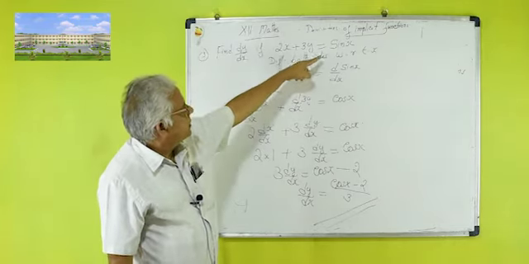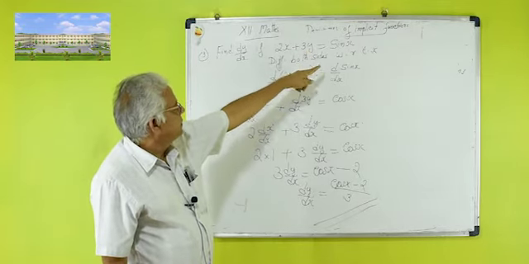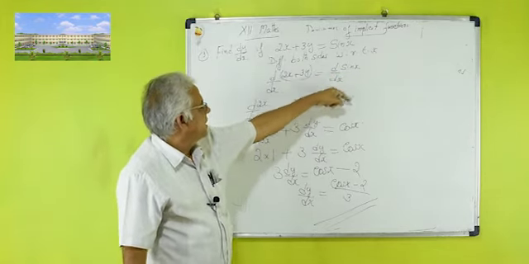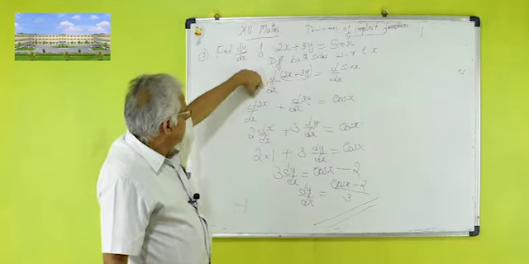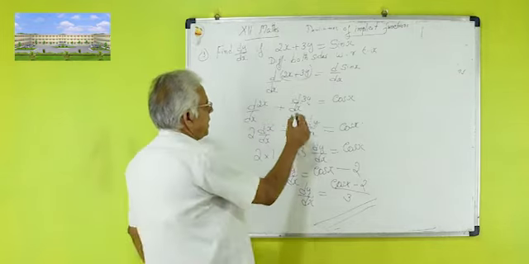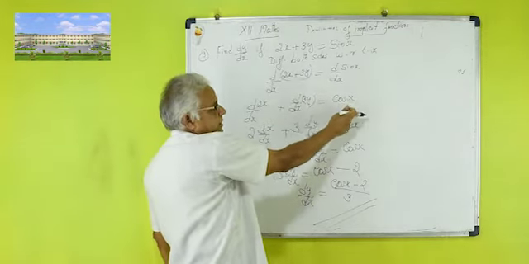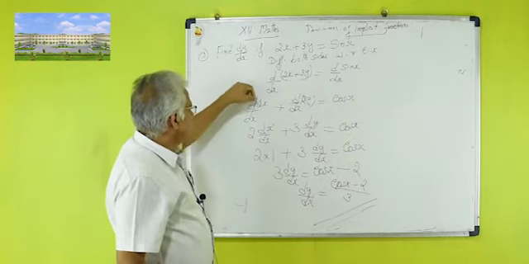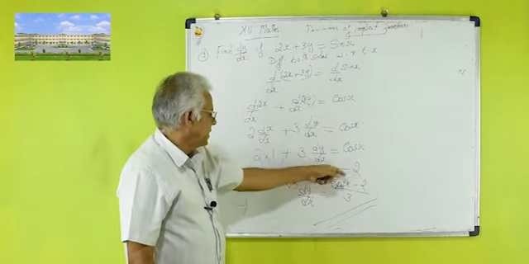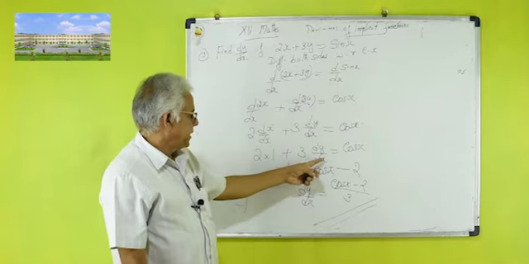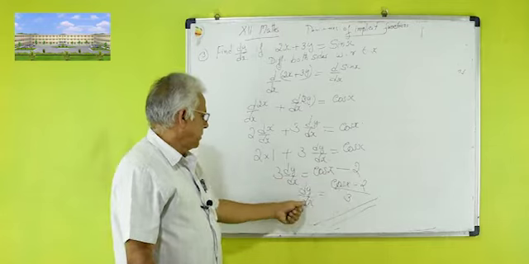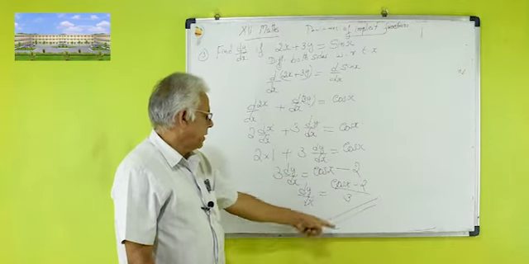2x plus 3y is equal to sin x, implicit form. Differentiate both sides with respect to x. The dy by dx of the left hand side is equal to dy by dx of the right hand side. Sum rule: dy by dx of 2x plus dy by dx of 3y is equal to the derivative of sin x with respect to x, which is cos x. Then 2 into the derivative of x, 1, plus 3 into dy by dx is equal to cos x. Then take the dy by dx terms on the left side and other terms on the right side, so dy by dx is equal to cos x minus 2, divided by 3.